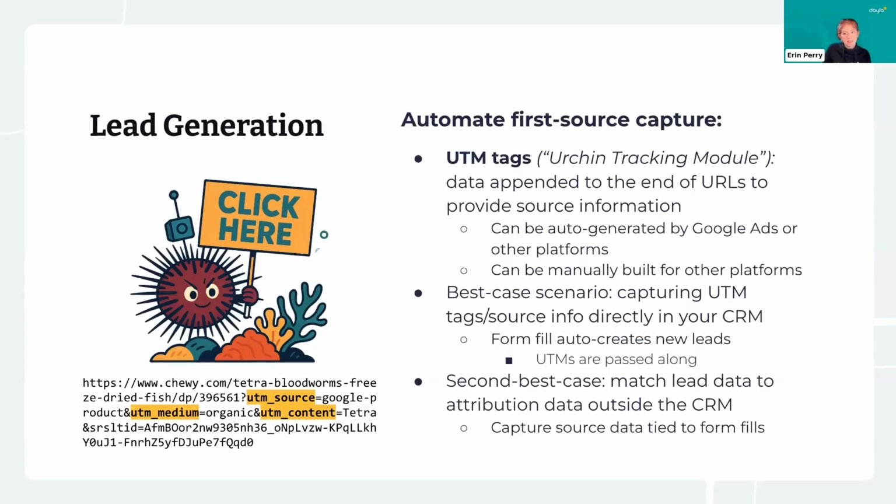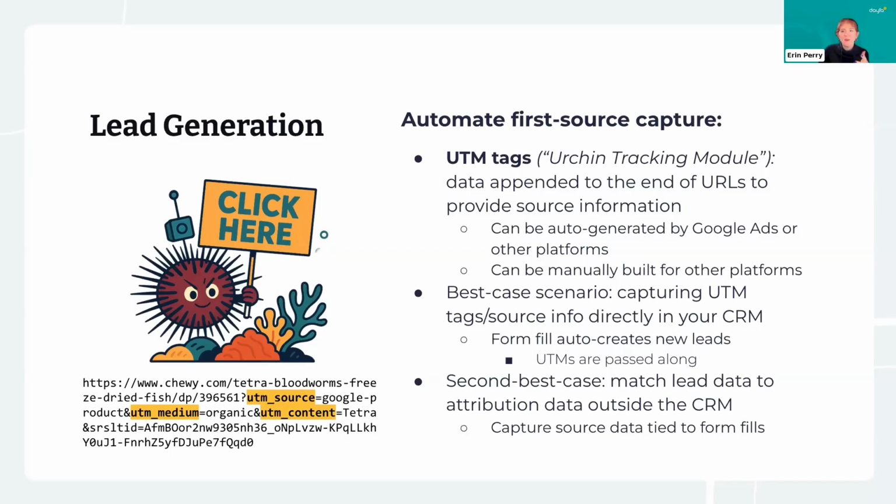So Chewy's analytics team here, if I actually bought the fish food, would be able to trace my purchase of freeze-dried bloodworms all the way back to Google Shopping. Google Ads and some other ad platforms generally allow you to automatically build these UTM tags, or they might append them themselves. But you can also manually build out UTM enhanced URLs to use for things like QR codes, referral links, maybe other types of more manually placed ads.